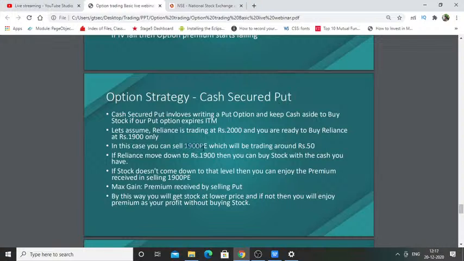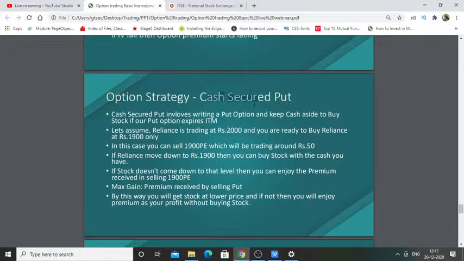Okay, so can we trade options like intraday in the cash market? Yes, you can do the same option trading as in the cash market, as an intraday or positional trade, as per your own convenience. You can do the same thing you are doing in equity, but the only thing here is we will have an expiry date, so you have to close your trade before the expiry date. That is the only thing. Otherwise, you can trade the same as in the equity markets.